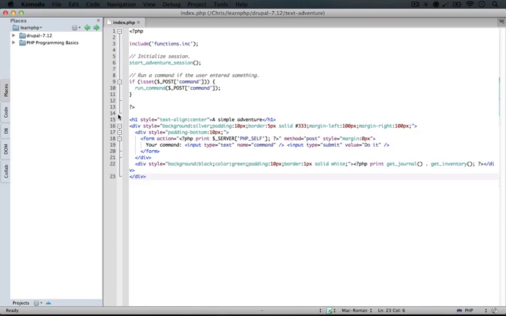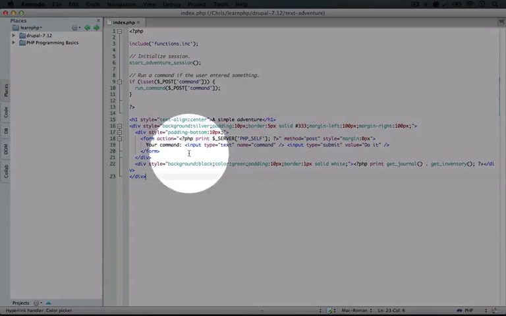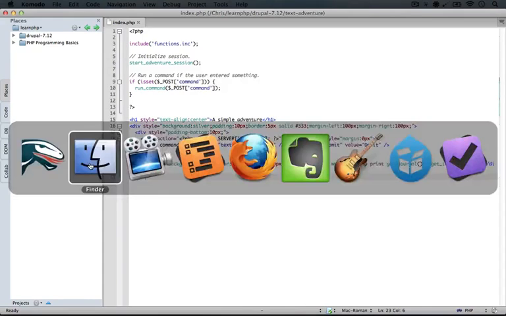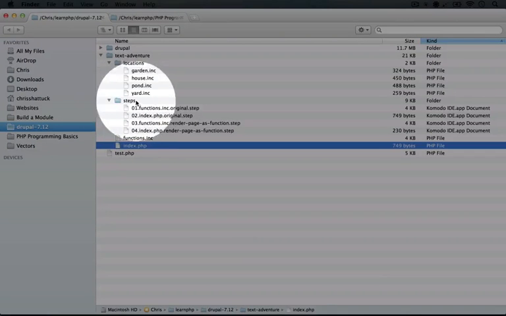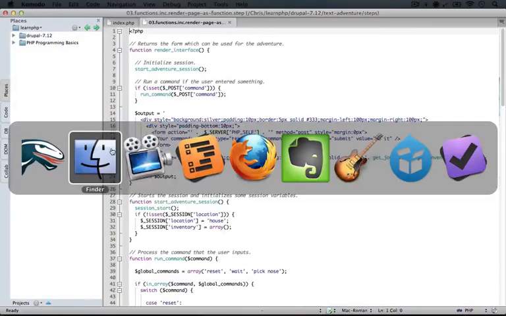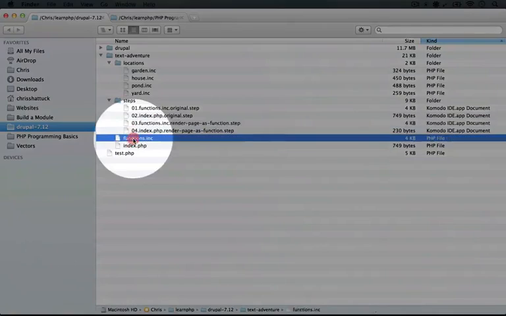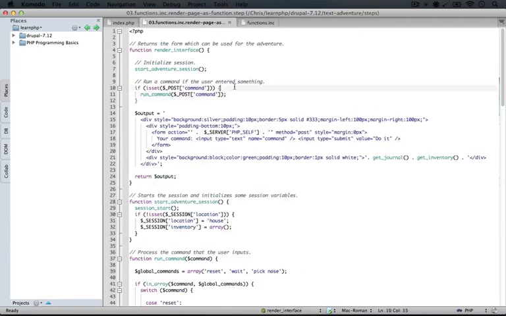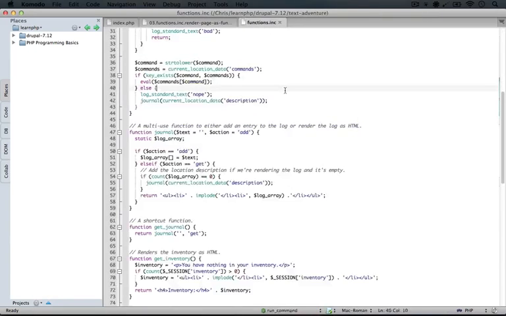What this does is complete the process of wrapping our code into functions. Right now, this is the only code left that isn't inside of a function, so once it is, we can cleanly use any of the functionality for our script for other purposes. So I'm going to jump back to our text adventure game folder, and in the steps folder here, I'll open the third step, which is functions.inc, render page as function. I'm also going to make sure to open up the functions.inc file, which is our original file, and I'm going to copy the step file over the current functions.inc file and save it.